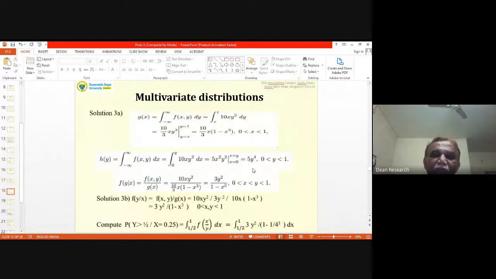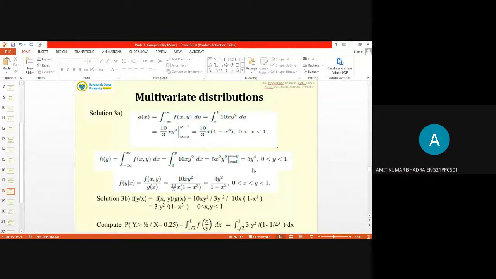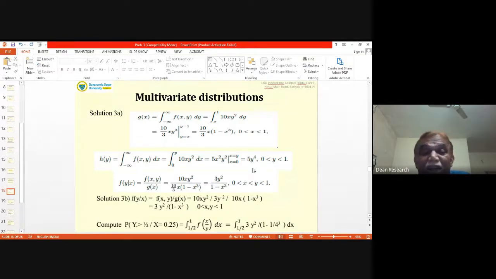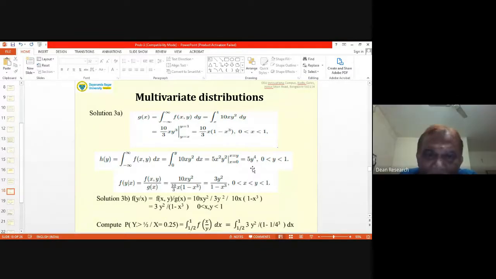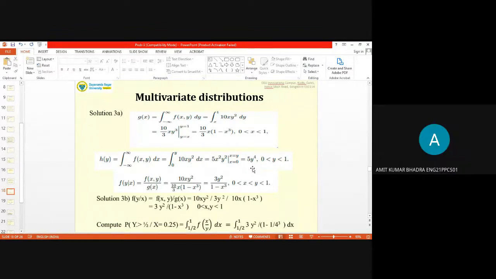Sir, there is a question. If y is the limit after integration, the limit is between y equal to x to y equal to 1, not x. Sorry, that is a mistake actually. It should be 0 instead of x. So, sir, if y is equal to 0 or y is equal to 1, how come x cube is coming within the bracket in the next one? 10 by 3x, 1 minus x cube.